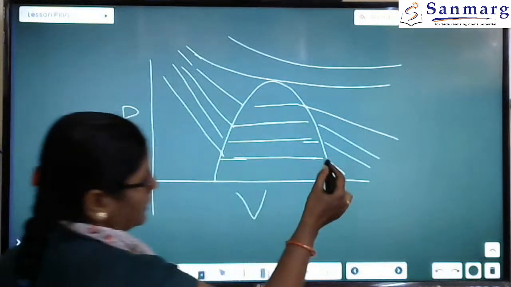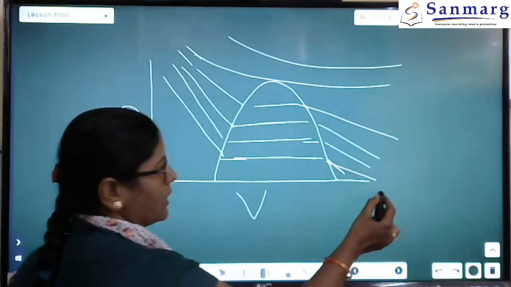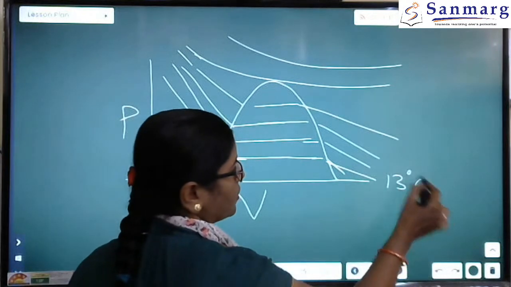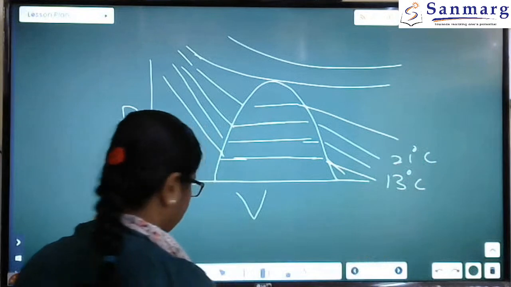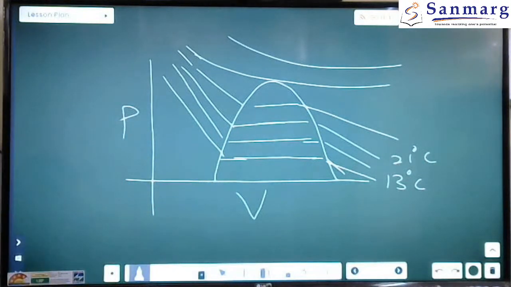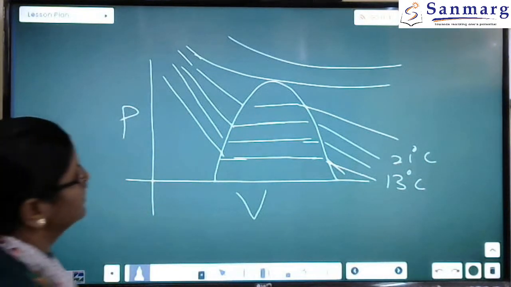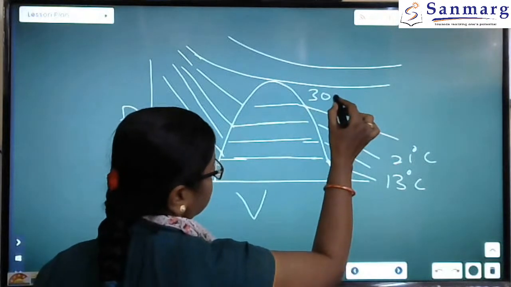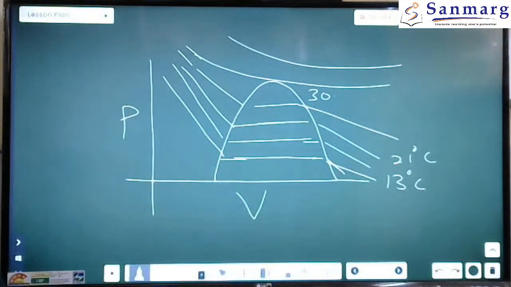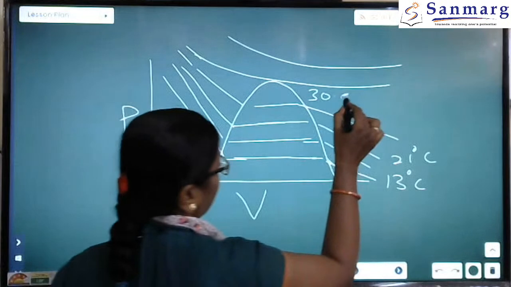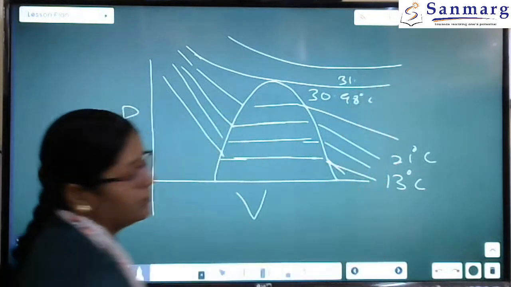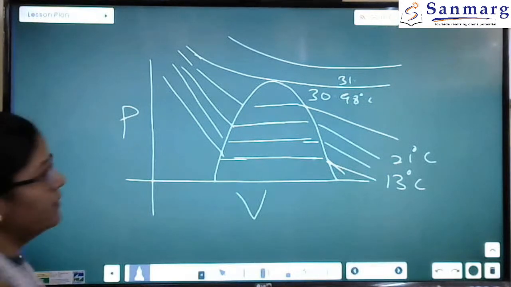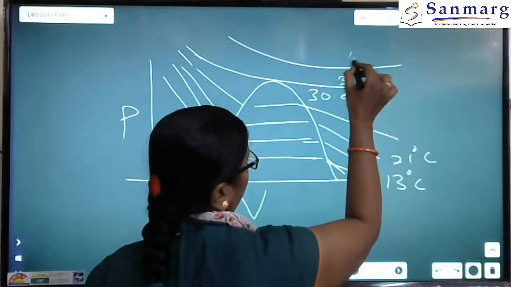So these are different temperatures. For example, 13 degrees Celsius, 21 degrees Celsius. Okay, then another one, 13, 21. Again this one is 30 degrees Celsius, 30.9, 30.98 degrees Celsius, 31.1 degrees Celsius,